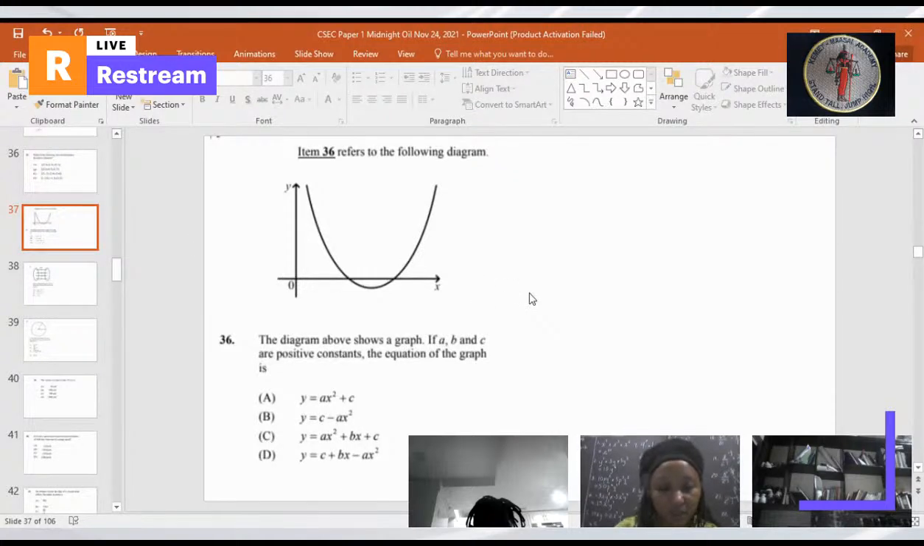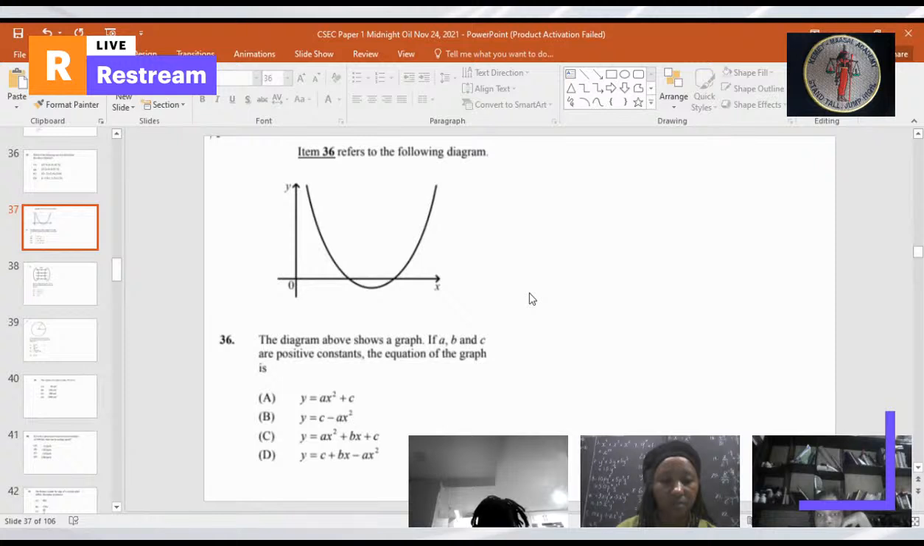All right. So whose question is this? Imani, it's yours. Yes, miss. Okay. All right. Go ahead. Okay, miss. The diagram above shows a graph. If A, B, and C are positive constants, the equation of this graph is